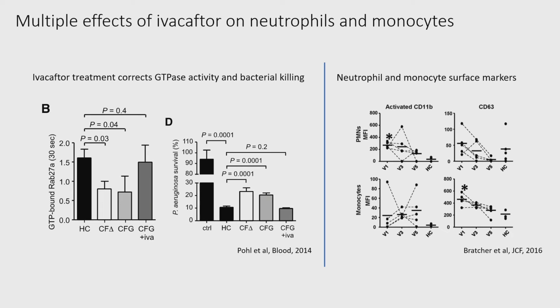Other studies, of course, are available, and this was a really elegant study done at the time by Kirsten Paul, who also was from Dublin but from a different group, and she showed that ivacaftor treatment given to patients improved the functioning of this GTPase RAB27A, and that led to neutrophils from CF patients improving their bacterial killing. And other studies have looked at surface markers of phenotype of immune cells in both neutrophils and monocytes, showing that in some cases these will change. So really a body of evidence that if you modulate CFTR, you might actually see some changes in inflammation and